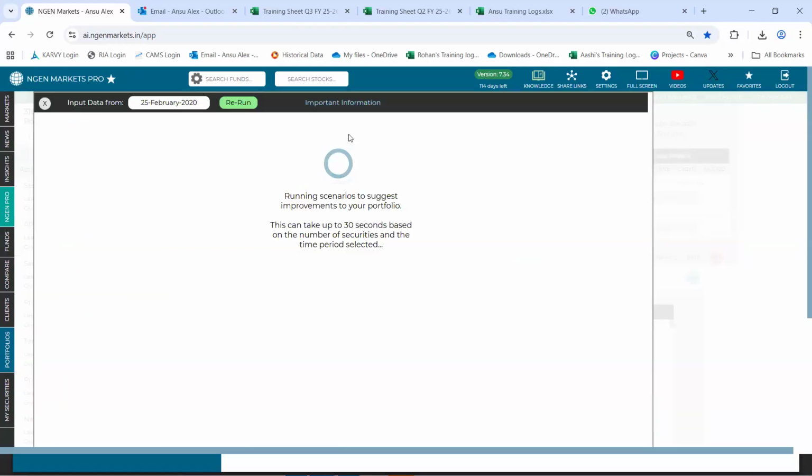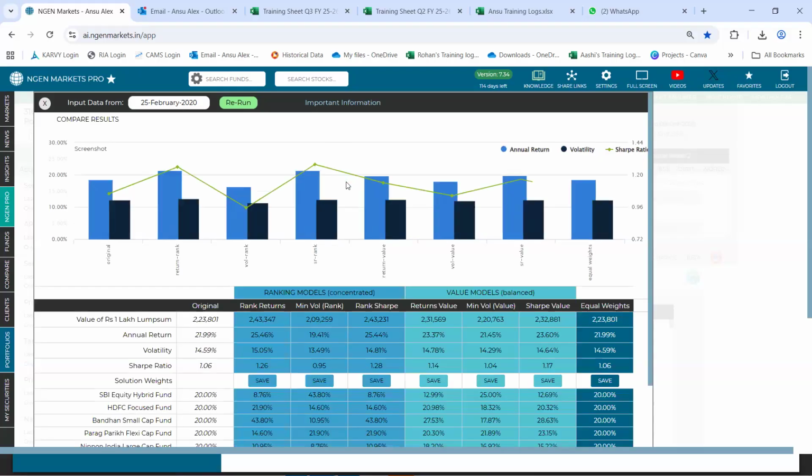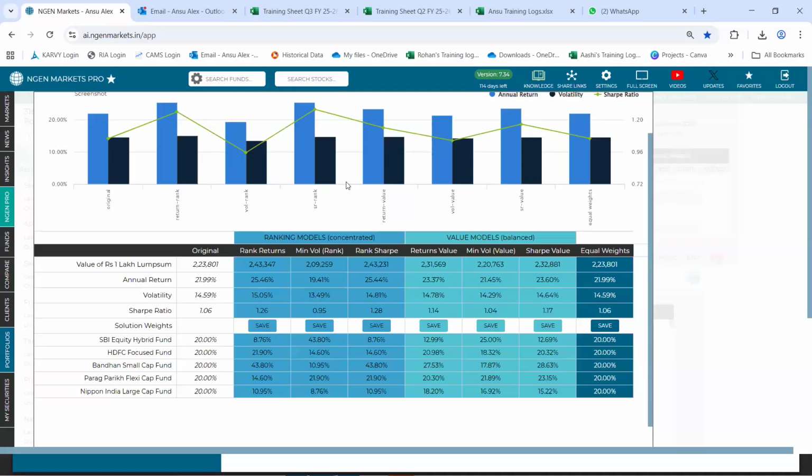Once you click on this improve icon, this page will open up, which will give you suggestions on how you can rescale the allocations based on each of the objectives that we have provided, be it maximizing the return, minimizing the volatility of the portfolio, or maximizing the Sharpe ratio.